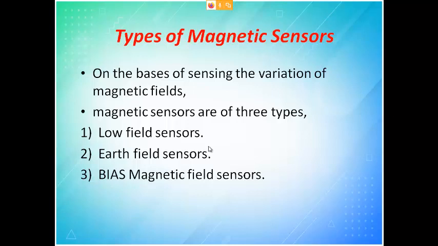Because you have mutual inductance 0 when there are two fluxes. You have a magnetic field, earth also has a magnetic field, so there is a magnetic field from your body from north pole to south pole, as well as the earth's. The mutual inductance of two magnetic fields is 0 when they are perpendicular in nature, that is 90 degrees. If one field is 90 degrees to the other, the mutual inductance is 0, which means the earth's magnetic field will not get into me and my magnetic field will not get disturbed.